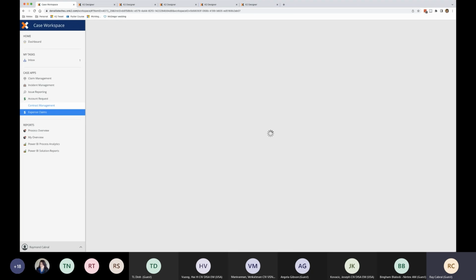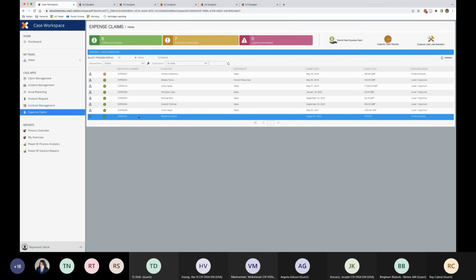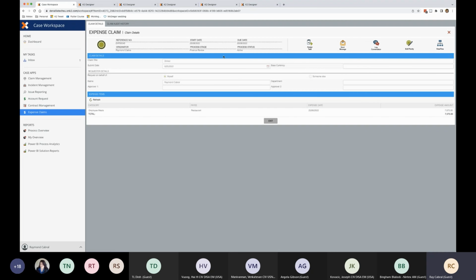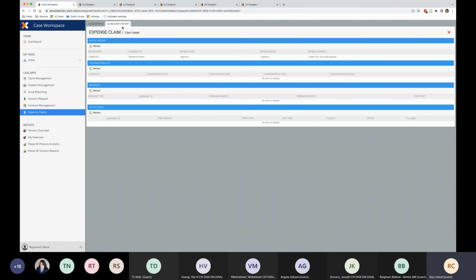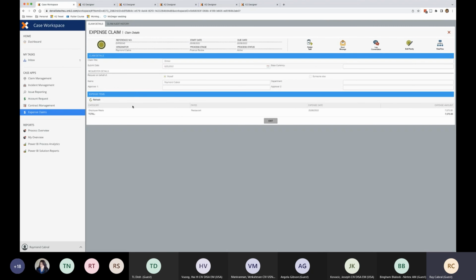And not only that, but everything is logged back in the expense claim itself. So if I were to refresh the workspace and go back to the expense, if I go to claim audit history, I can see that the approval was made by Ray Cabral, the comments that were included, and what the outcome was, and the day and time it was logged. And all these other ad hoc activities that I can add, adding conversation, adding messages, adding ad hoc tasks, those are all logged as well. So everything is accessible to anyone inside of this app and workspace at any time, as well as the entire